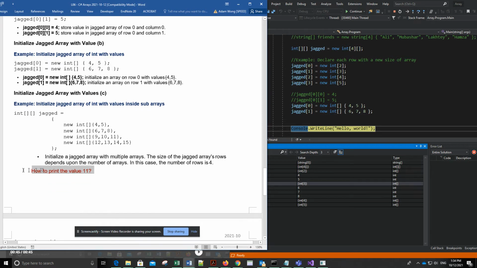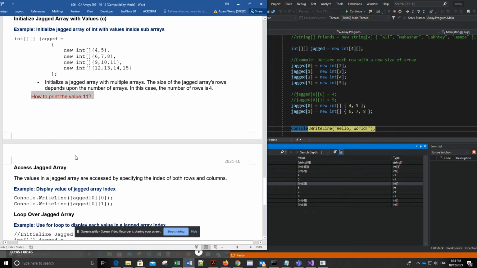Okay, so this is an exercise here. So how do you print the value of 11? I leave it up to you to figure it out. Okay,